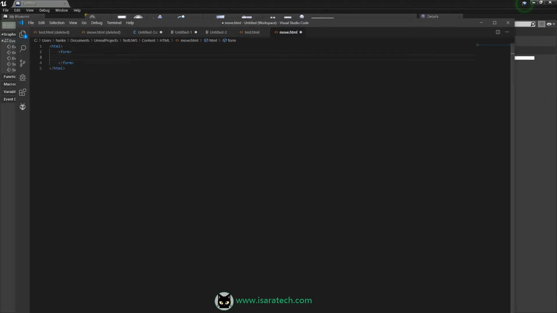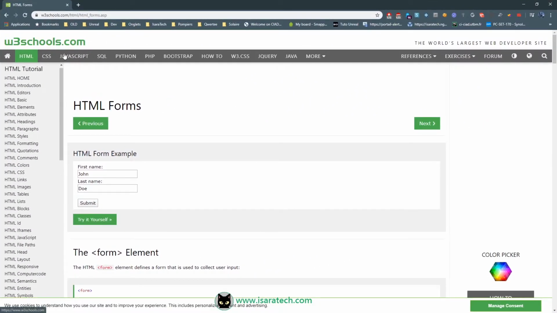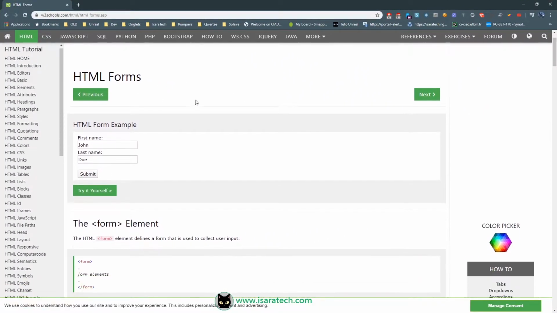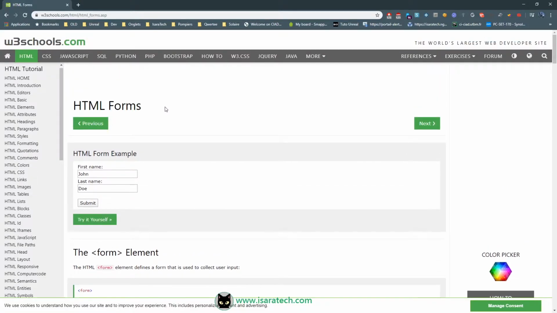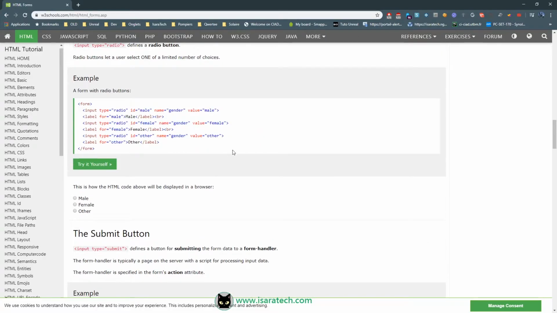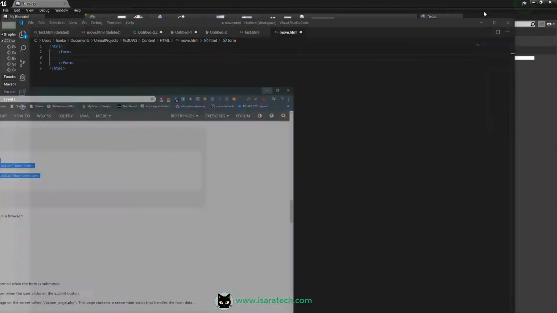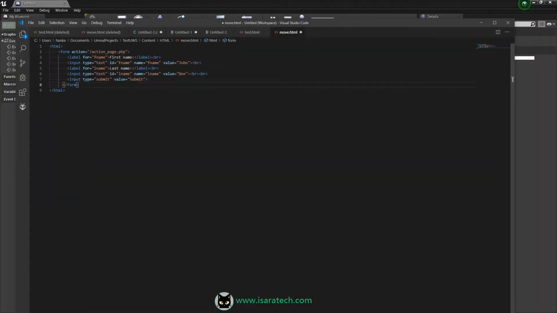All this code can be found, for instance, on W3Schools, about HTML forms. I will copy a bunch of code, for instance this one, and paste it here. X for X value, name X, no value.